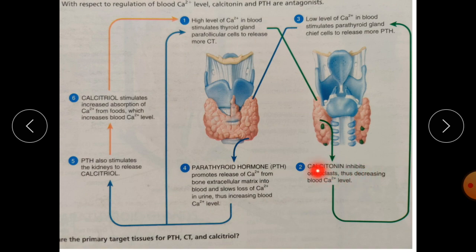Now what is this calcitonin doing? It is moving the calcium in the opposite direction, from the blood to the bone. Understood? It is doing the mineralization of our bones. It is making the bones stronger by enhancing the entry of calcium into the bone. Try to understand, the bones are becoming stronger here.